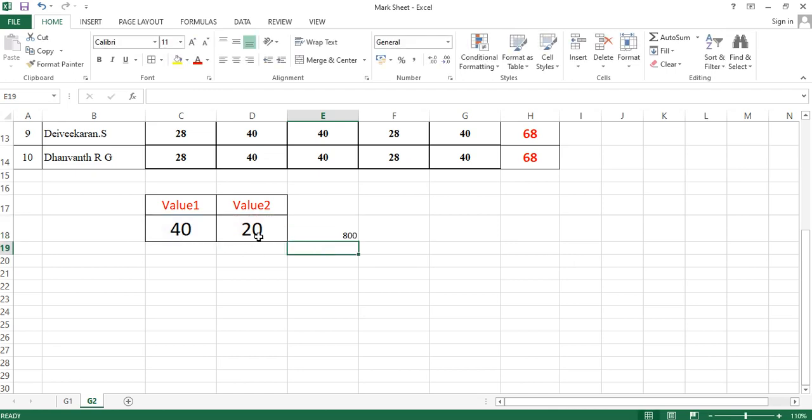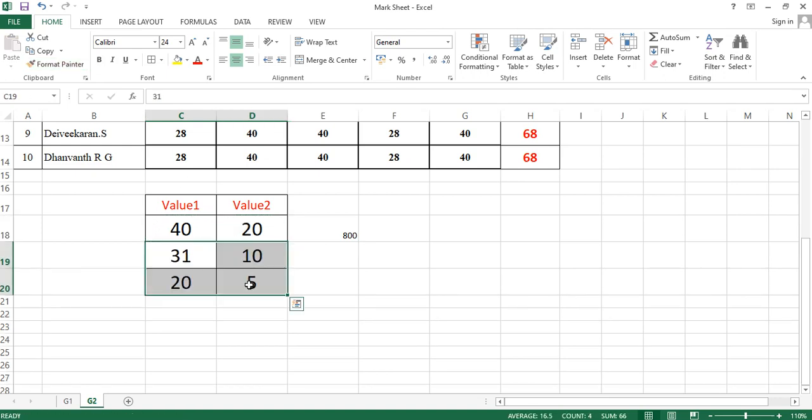So 40 into 20 is 800. So here for example 32 and 10, 20 and 5, like that, if they are there, I'll select this format painter and you can do it like this also. It's simple, and I need the same font here, the font style. Just select this, go to format painter and you can do it for all the cells.